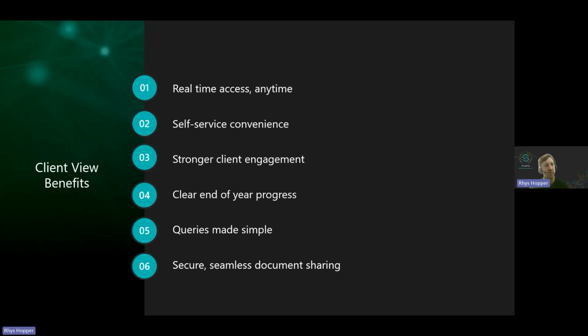It goes into the documents section. It's seamless in that the clients can upload documents and see what they've uploaded, but you can also see them straight away. And when I say it's secure,